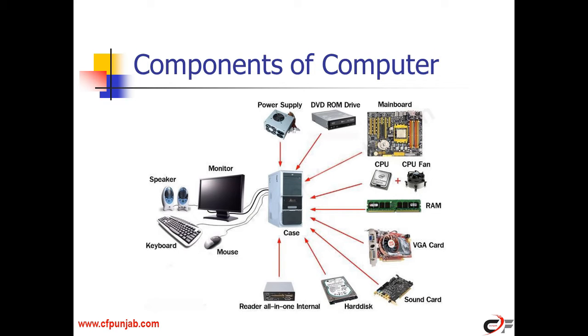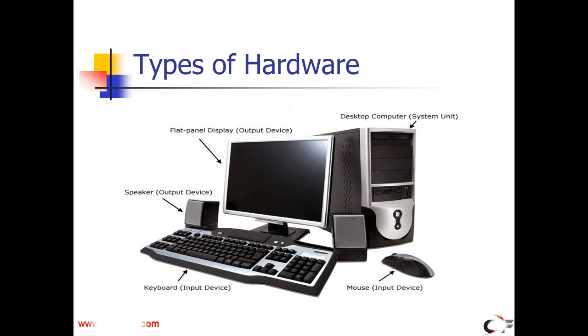Today's video will elaborate hardware components of computer. Hardware represents the physical and tangible components of a computer. There are many components that work together to make a computer work. Physical parts of the computer including processor and memory chips, input-output devices, tapes, modems, etc. all are hardwares. Hardware components are further divided as input device, output device, system unit.